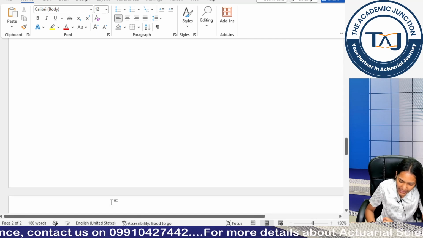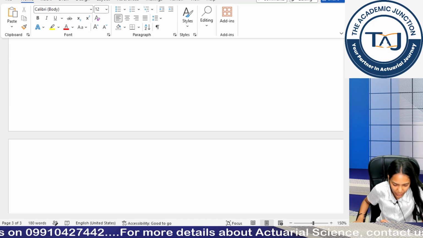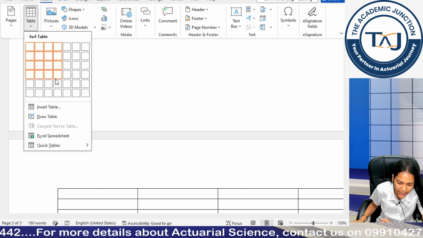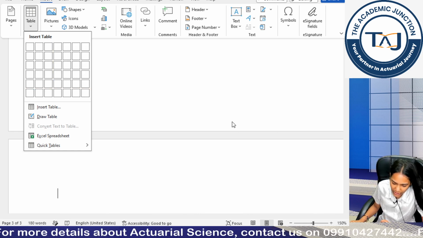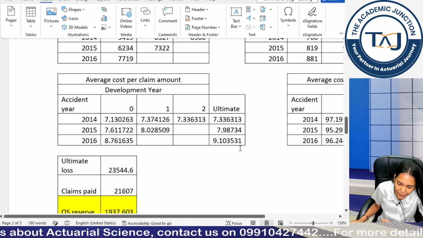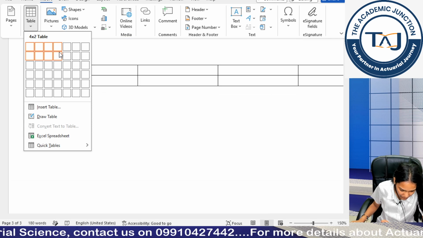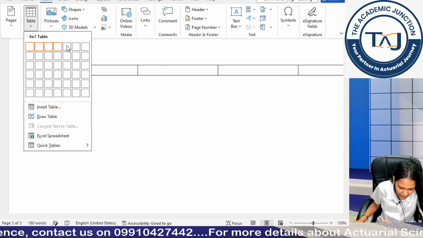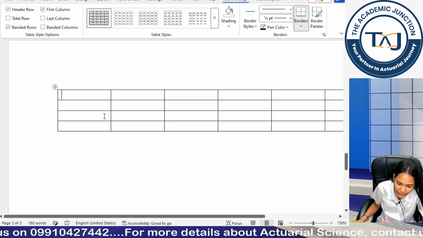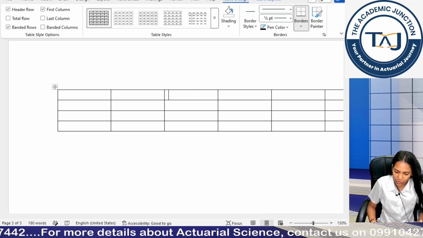Now if you are giving exams from such an institute where Excel use is prohibited during your paper, what you need to do is go to Insert, get your table, and insert the table according to the number of columns and rows required. For example, if I want to paste this table, I require 4, 5, 5, 4, 20 columns, right? So I can write 3, 4, 5 and this 4 and I have one other, right?